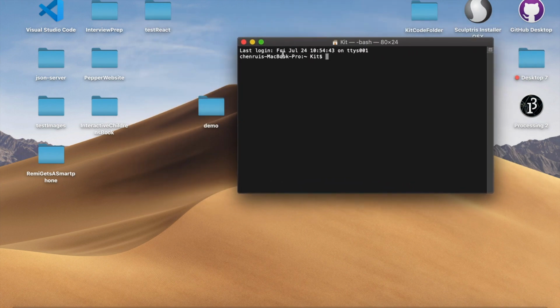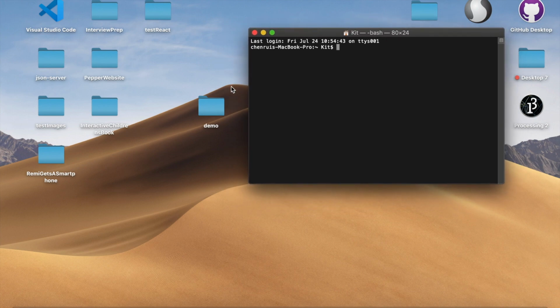I'm using a Mac, by the way, for those of you who are curious and it's not obvious to you. But once you have done this, you'll be able to ask for certain modules to be installed into your project and declare a new project just outright. So the way to do that is going to be npx. Well, first of all, we're going to go to the folder that I've created. So I'm going to go cd desktop